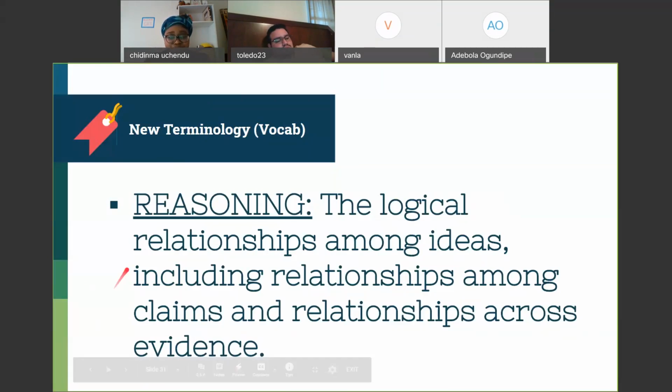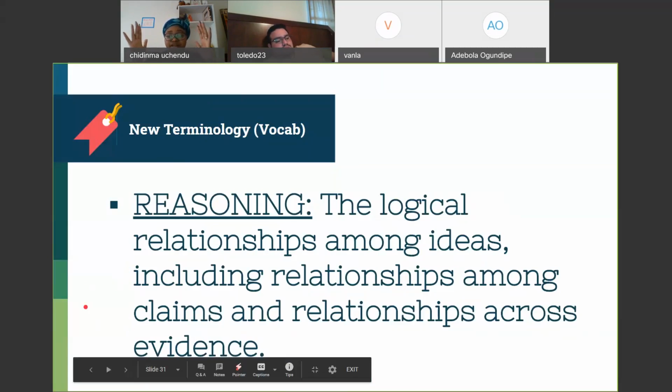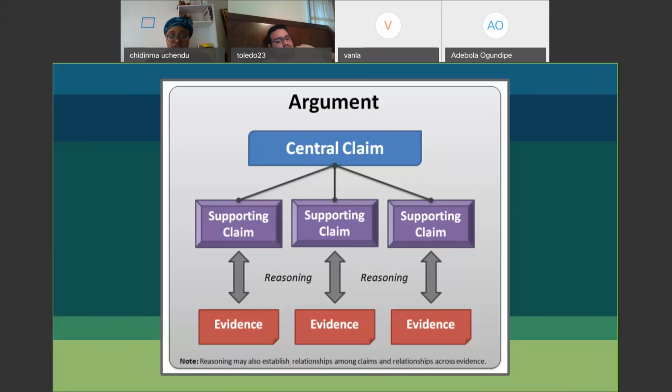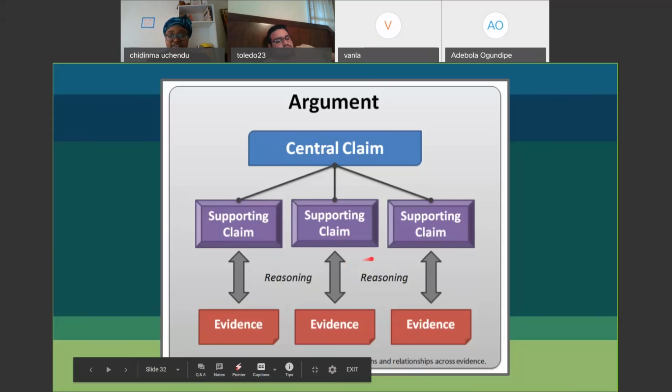All right. So main things about an argument you need to remember. Number one, the claim, which is the main point. Number two, your evidence, which is what you use to back it up. Okay. That's what you need to remember. That's the major thing. So this is a chart that gives us the different parts of an argument.